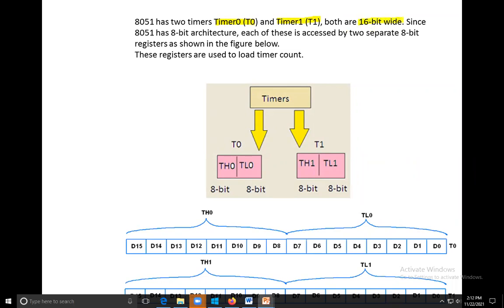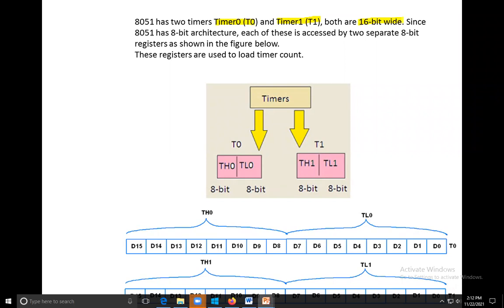In the next generation, we design bigger controllers, like ARM controllers. They define timers with different bit widths. Some timers are 4 bits, some are 8 bits. They may have four timers: two timers of 16 bits, one timer of 8 bits, and another timer of 4 bits. These are the requirements, and they change the types of timer. But in the basic 8051 there are only two timers, and each is a 16-bit timer.